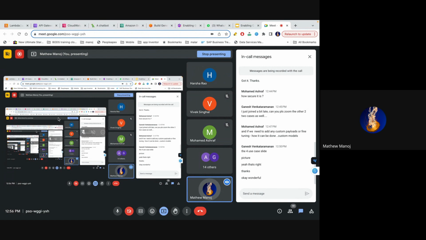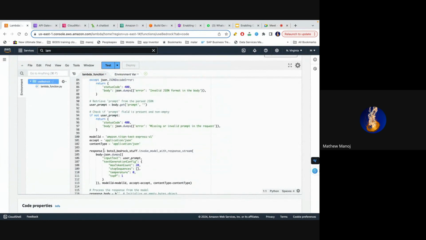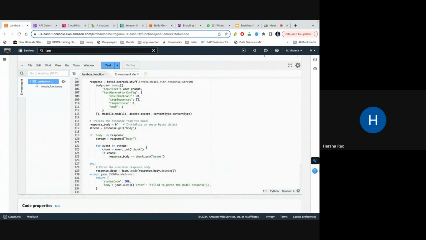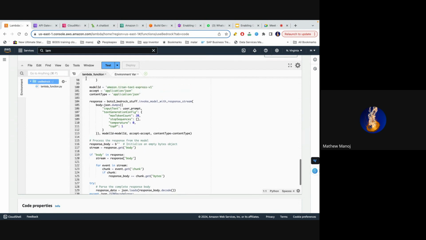Okay, so I understand your question. You are asking if it is possible, in this same code, to reference one model and then from that response give it to another model. Absolutely. I have not had the chance to try that out, but a possible solution is you can link multiple Lambda functions.